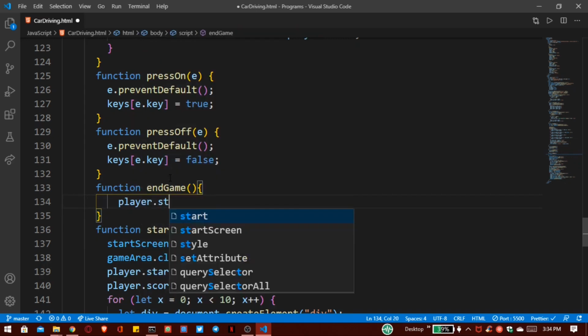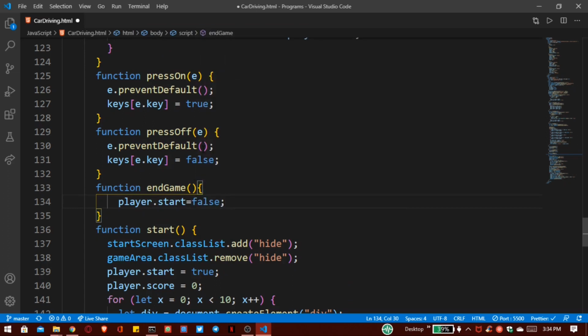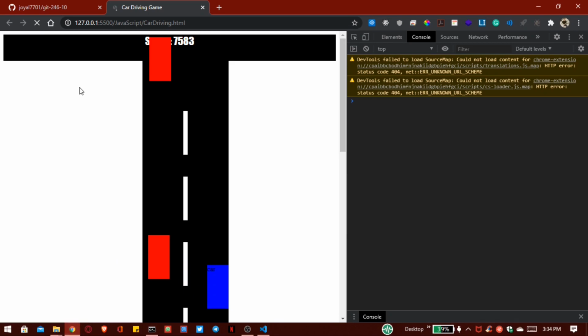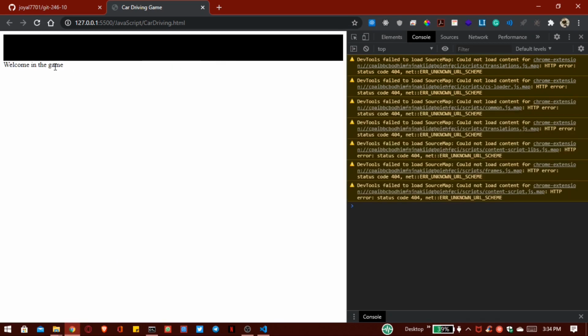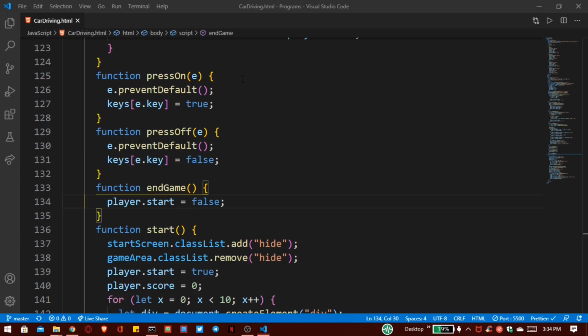So player dot start is equal to false, because remember we have to start our game. First we have to check the condition if our player start is equal to true, so we have to set that false to end our score. Now save this, start the game, and whenever I collide with this car, you can see here our game is stopped successfully.